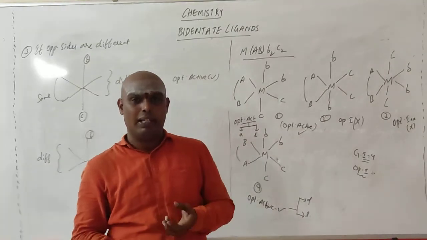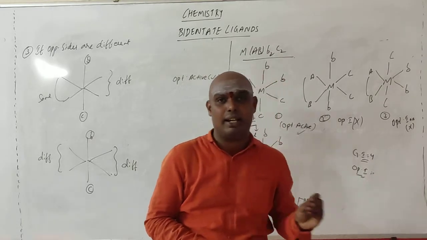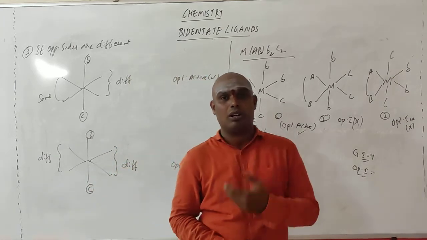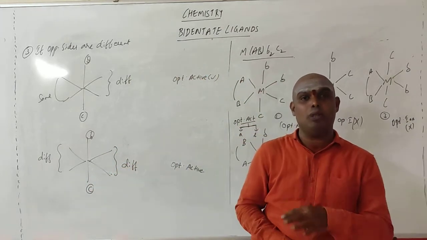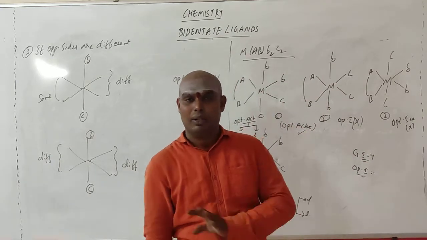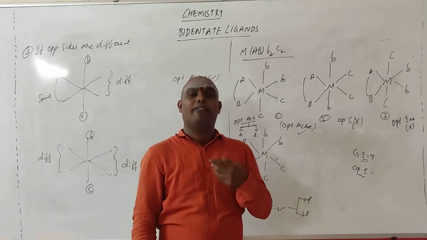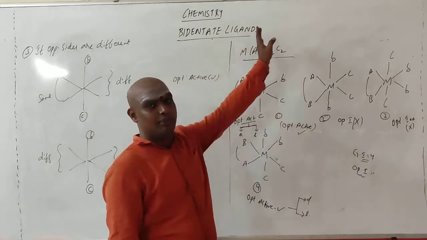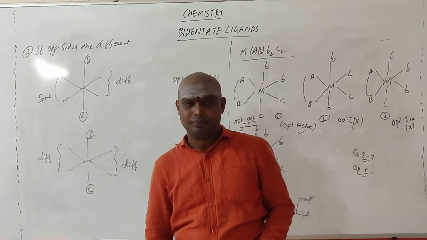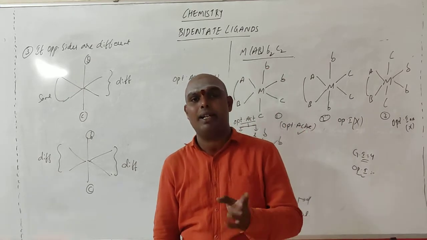So you open your material. There are so many examples. You try to solve them. Okay, this is the trick. Many people will be facing a problem to solve whether they are optically active or optically inactive, how many geometrical isomers they will be getting. They will be exchanging the molecules and getting highly confused. At last they will do that. Okay, don't do that. For geometrical, we check the opposite one, how many pairs are possible, and for opticality, we check if the plane of symmetry is present, it is optically inactive, the plane of symmetry is absent, then that is optically active. Plane of symmetry absent means optically active, plane of symmetry present means optically inactive.